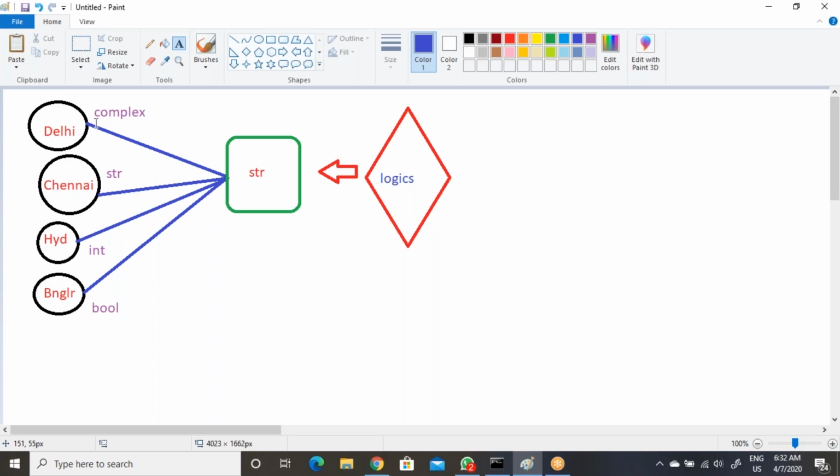Whatever data is coming from different locations, we just convert it into string format, and our logic will work certainly. We will prepare this logic only one time; we cannot write logic always, right?